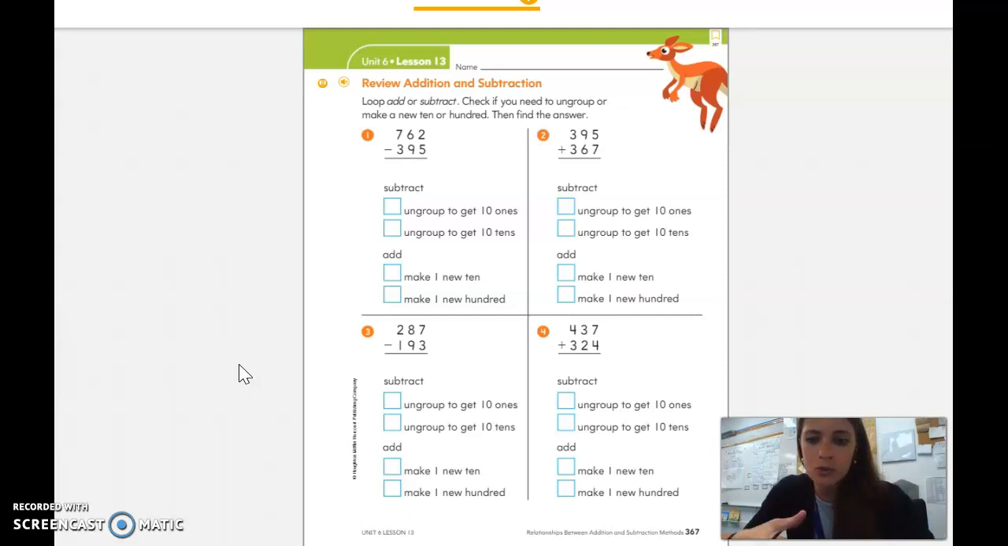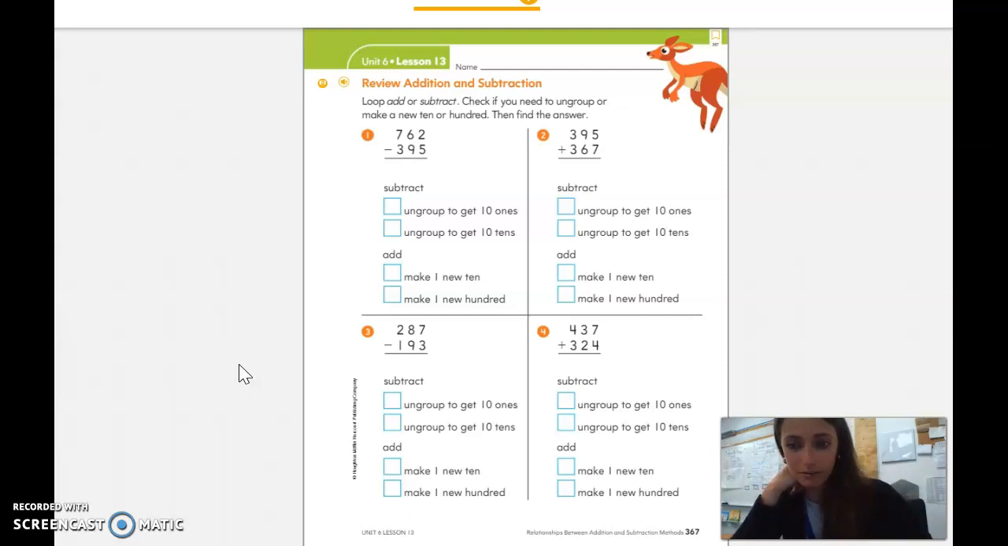Okay, what do you do when you make a new 10? What would you do if you made a new 10 in addition? Think about that. If there's enough ones to make a new 10, you are going to add the new 10 to the 10s